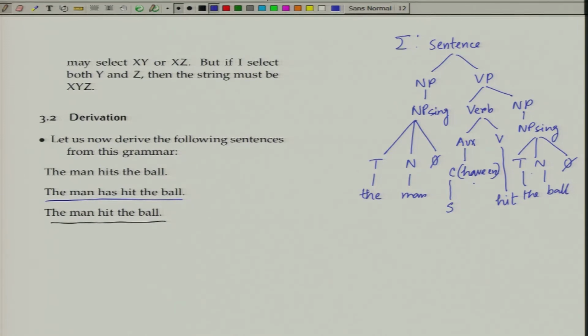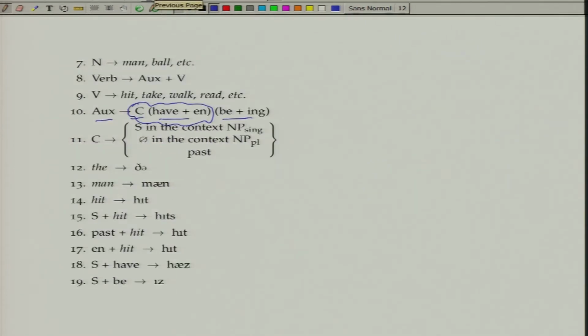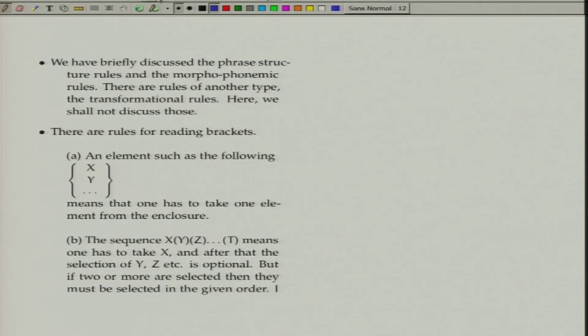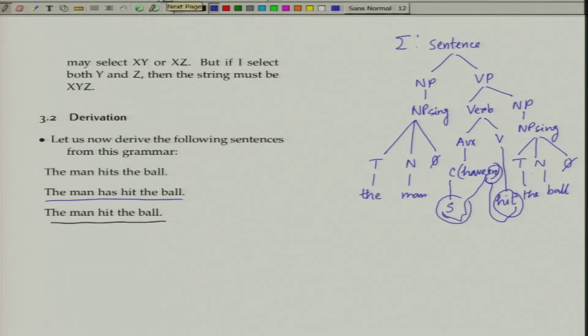Now the point is, we have S and have, they will combine, and we have N plus het, they will combine. Now we shall see what happens. We can see that when S and have unite, we have has. So we just rewrite here, this S plus have will make